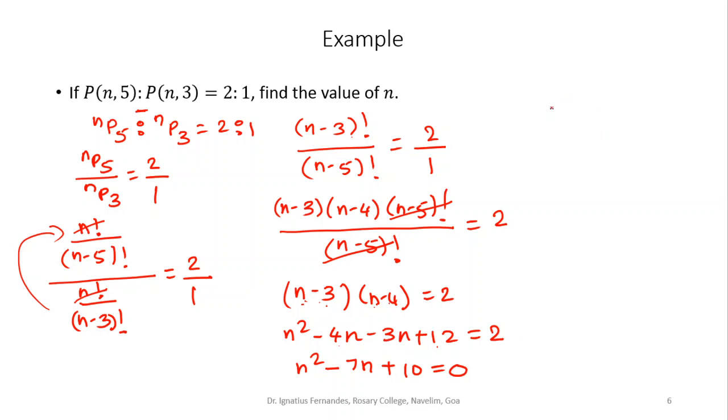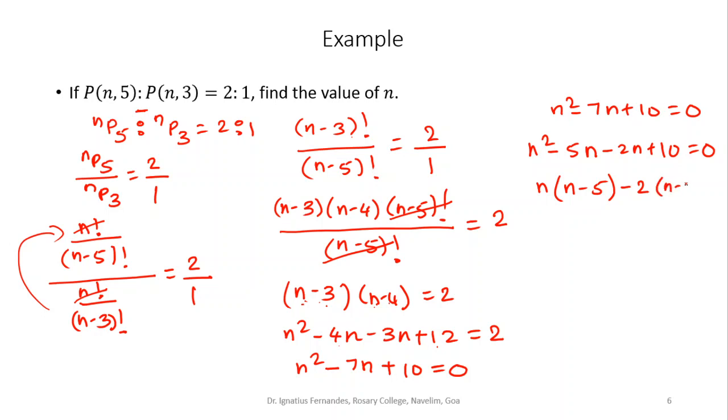So all that I have to do is factorize n square minus 7n plus 10 is equal to 0. What are the factors? I want the sum as minus 7, product is 10. So minus 5n minus 2n. So you will say n square minus 5n minus 2n plus 10 equal to 0. Or we will take n common from the first two terms. So n into n minus 5 minus, here you take minus 2 common, you will get n minus 5 equal to 0. Now n minus 5 is common in both the terms. So I have n minus 2 equal to 0.